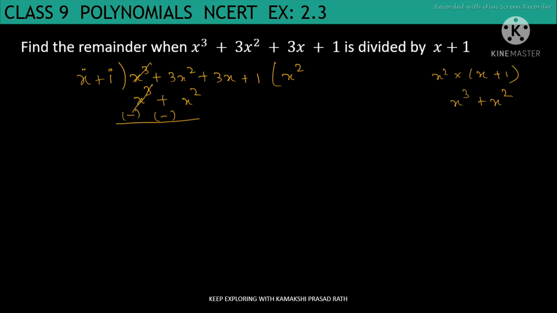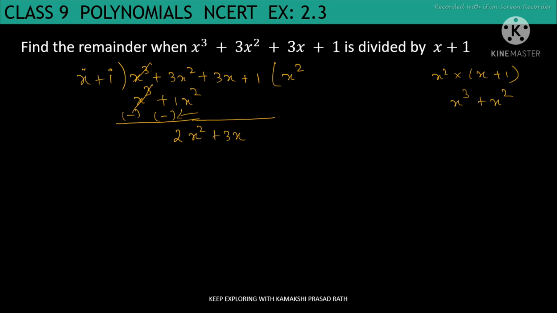Now here we have 3x squared, that is positive 3, and negative 1. X squared minus 1x squared, so you can use it like this. So plus 3 and minus 1, we use this sign. This sign will be used, not this one. So plus 3 minus 1, we get 2x squared. After this, we will bring it down. Now let's see here. Plus 3x is brought down.